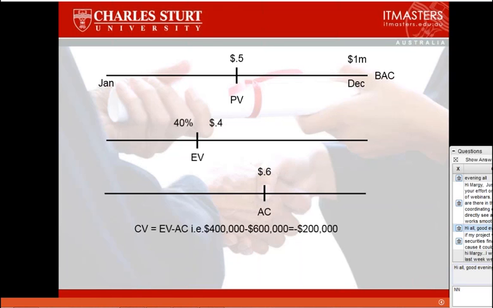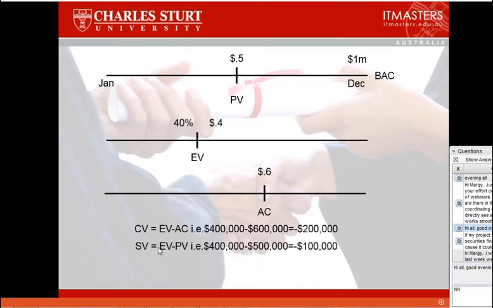So the next thing I want to do is to look at the various variances that are used in earned value management. The first one is cost variance. So what is the difference between our cost, the actual money that we spent, and earned value? Notice that earned value is the prime figure that we measure against. So we have done that amount of work and we spent that amount of money. Ooh, that's not so good. If we've done that amount of work, we should surely have only spent that amount of money. So what we've got here is 400,000 minus 600,000 gives us a minus 200,000. So what does that mean? We're behind our budget to the tune of 200,000.